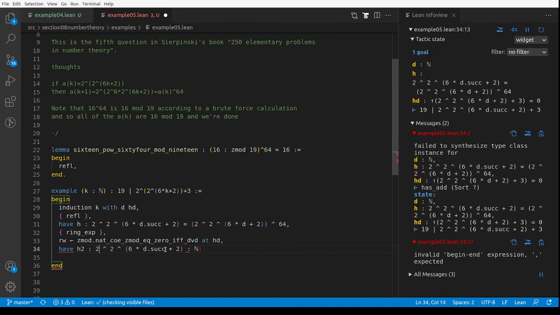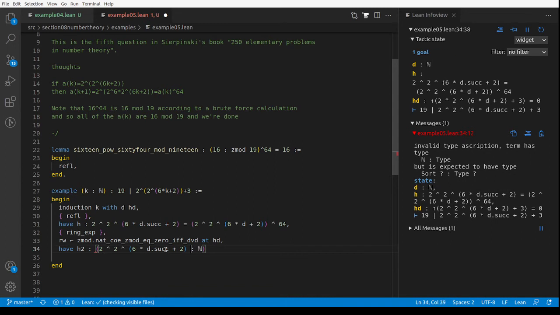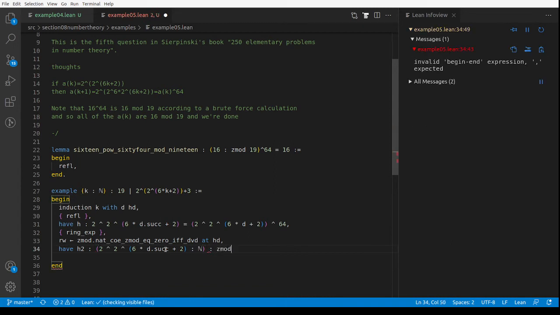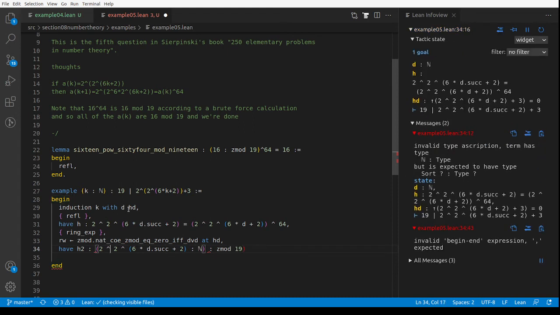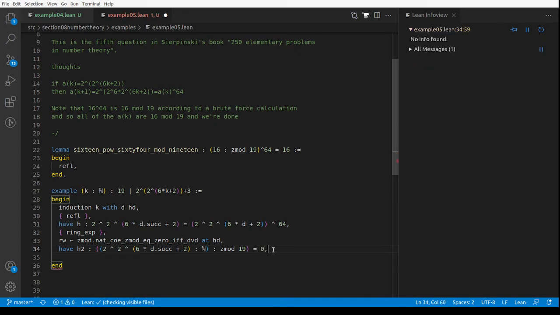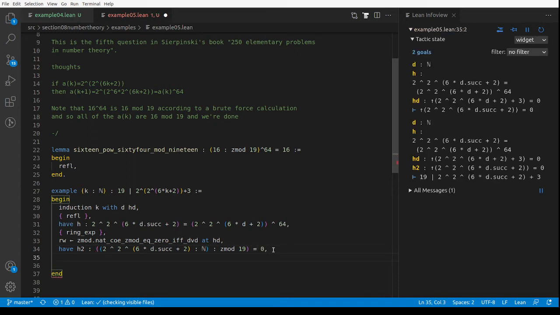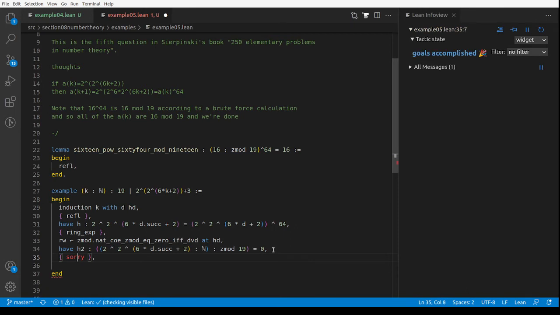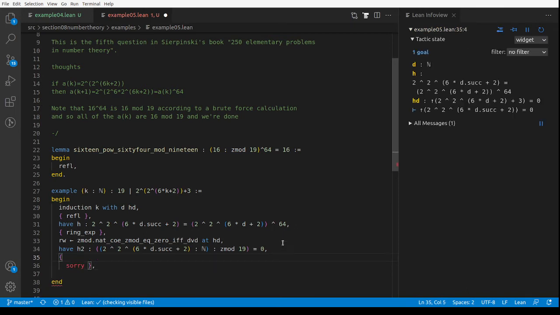What I'm worried about is if I coerce it straight into Z mod 19, then it will imagine it's sort of 2 in Z mod 19, and then I'll have to sort of fight there. So why is this 0? And the reason that's 0 is that I've already proved